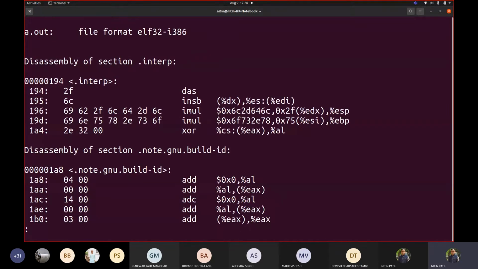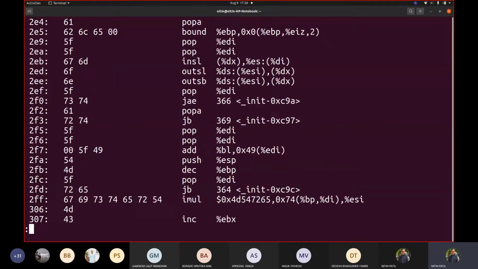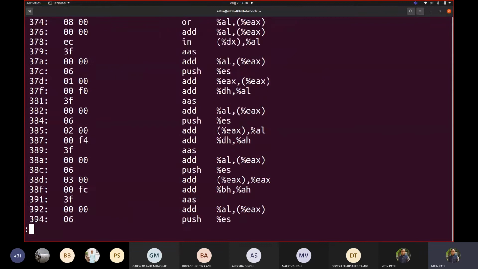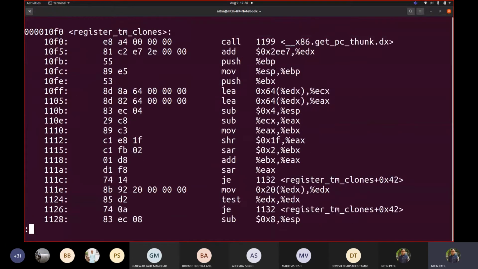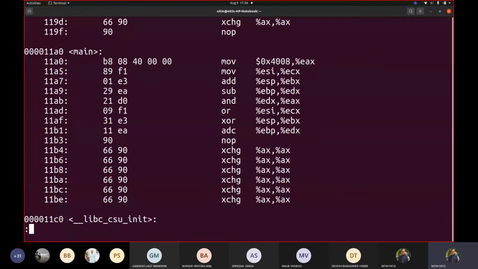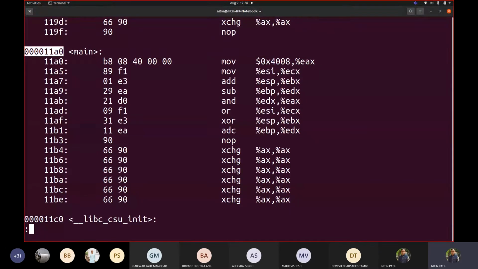Now let me see where exactly main is. Let us go below. I'm pressing page down so as to reach that particular level of main. So we got init, and somewhere we should get main here. Yeah. Now this is the address that it got at debugging time, because we said ./a.out. Correct. Now even you can see that when we said array 1 should be EAX, this is array 1, which is represented here as 4008.